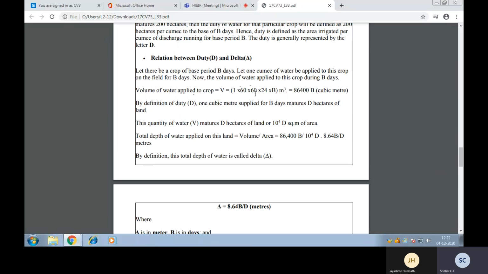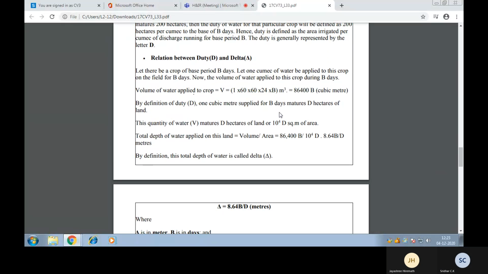60 minutes is converted into seconds. So 60 is minutes and seconds, 1 is 1 day, and 24 means 24 hours. B is the number of days. Therefore, this much volume of water is applied for the growth of the crop. Therefore, by the definition of duty,